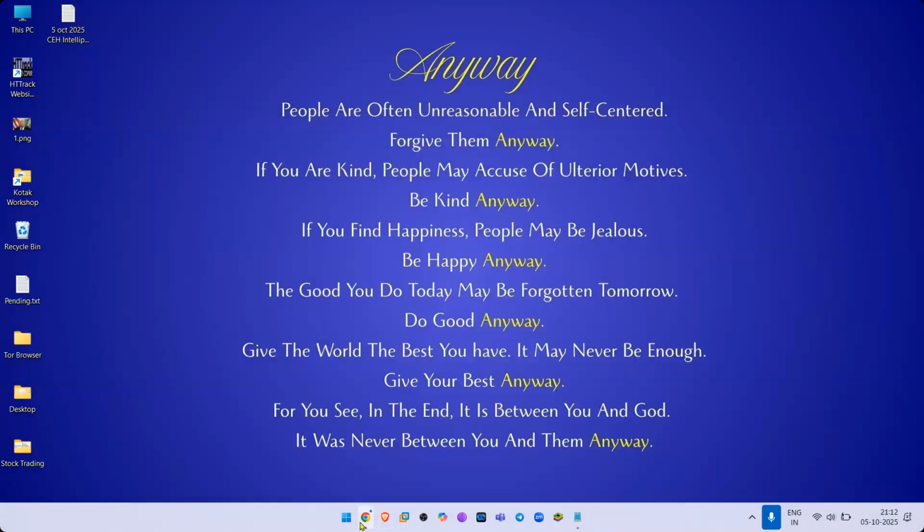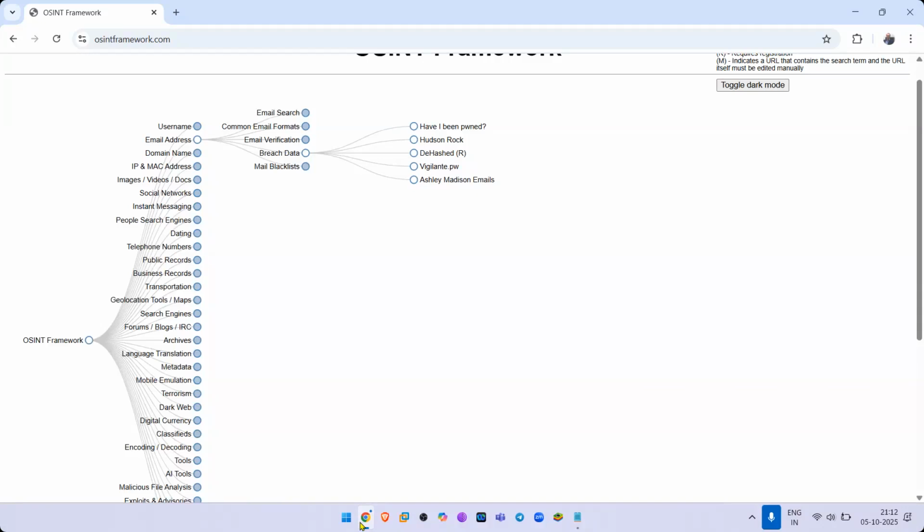Let's go back to the OSINT framework because I still want to show a lot of its features. In the future, if you are getting an email from some place, is that email blacklisted or not? You can get that information here.